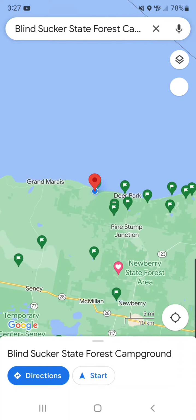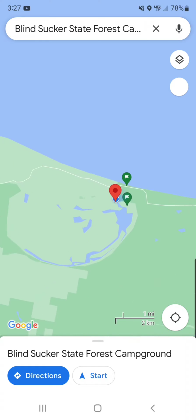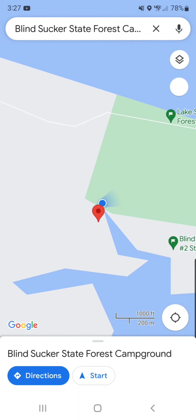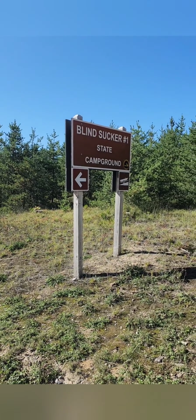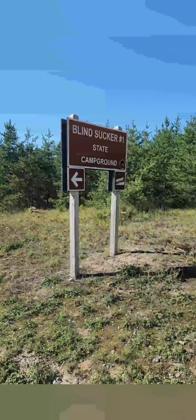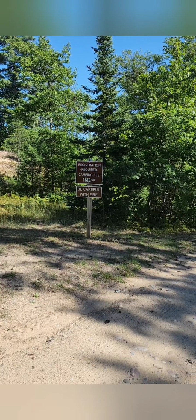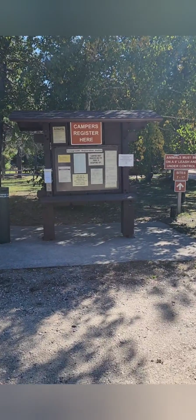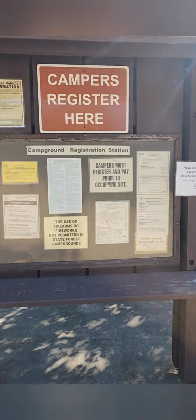Blind Sucker State Forest Campground number 1 is technically located in Newberry, however it's quite a drive northwest of Newberry. The campground is one of 2 campgrounds located on the Blind Sucker flooding and is managed by Muskellunge Lake State Park. As you pull into the campground, you will notice the typical State Forest Campground registration station where there is a